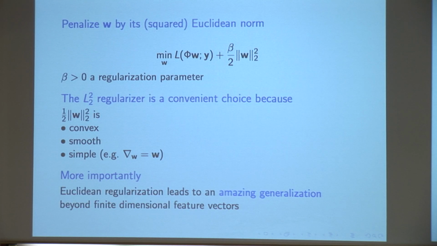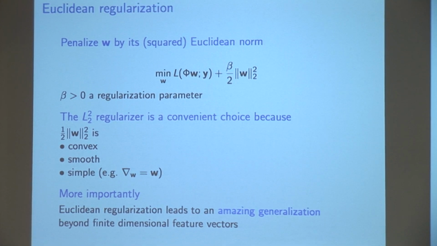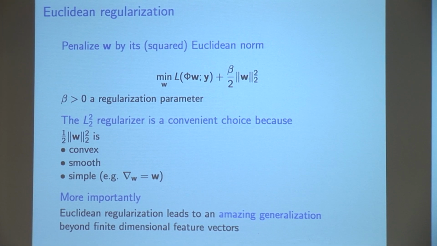OK, so complexity control via regularization. Strategy number 1 is we're going to just add this little thing to our empirical error minimization, just a little penalty on the magnitude of the weights. OK, and here I say Euclidean because I'm going to take the L2 norm squared, the Euclidean norm, and measure the magnitude of the weights by it. This is spherically symmetric, right? It just says the length of the weight vector is how I'm going to penalize it. If the weight vector is 0, 0 penalty, and if it's really long, there's a big penalty.